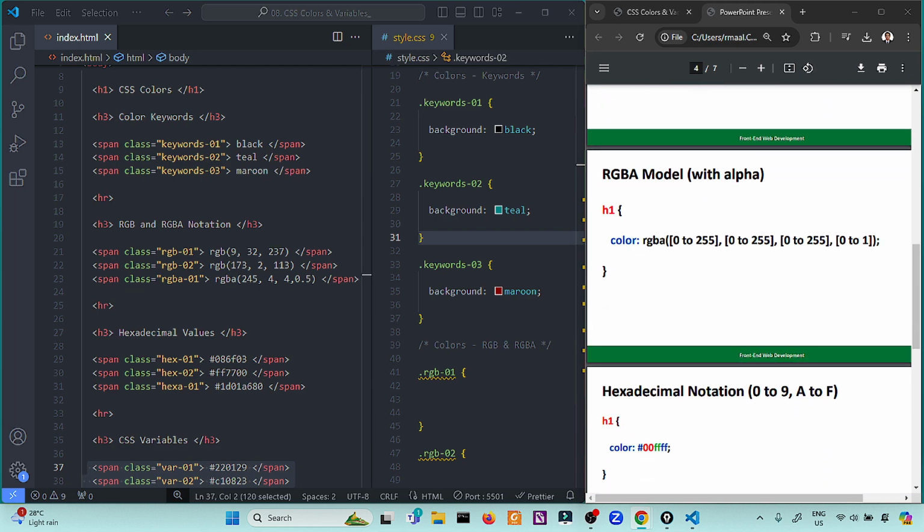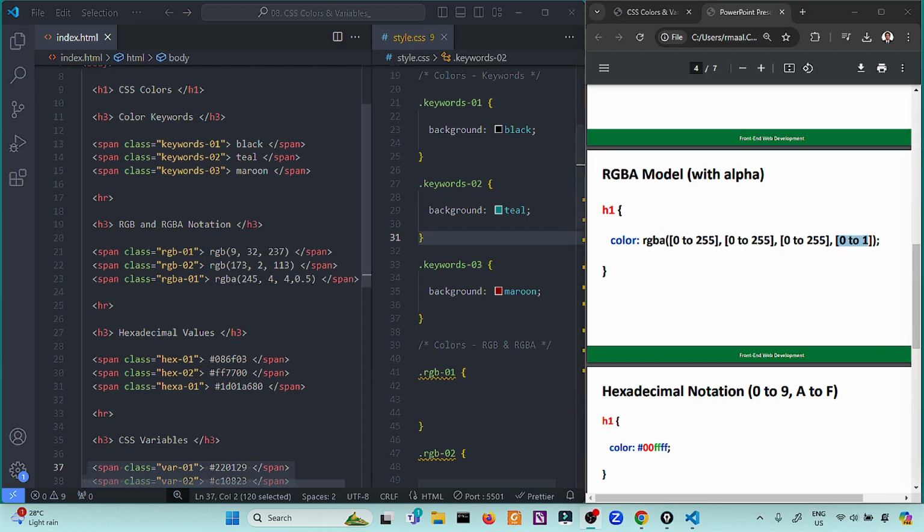It also has a corresponding variation, which is the RGBA model with a specific alpha. Taking RGB a step further, the RGBA model adds an alpha channel to control transparency. The syntax here, color rgba with specific numbers, includes a fourth value, as you can see here, from 0 to 1, representing the opacity. This means that you can make elements partially transparent, which is great for overlay effects and adding depth to your design. So let's see how this works in practice.